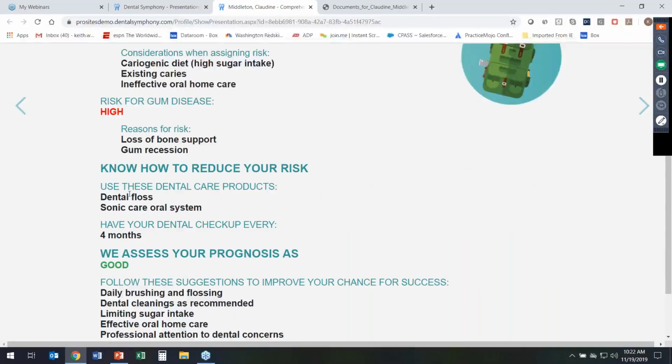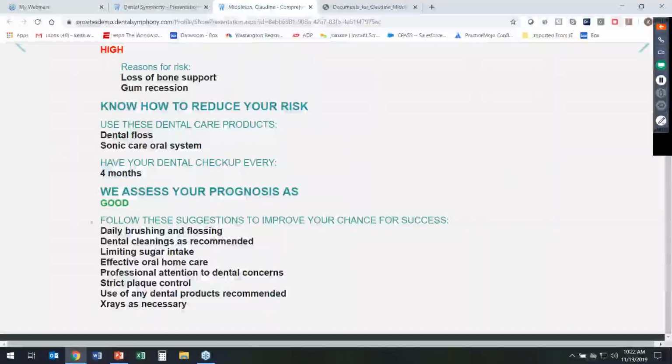problems, including how to reduce your risk, like using dental floss, a Sonicare system. The prognosis is good, and then the suggestions that you're providing. So this really helps if you're maybe dealing with a senior adult who needs a younger child taking care of them,